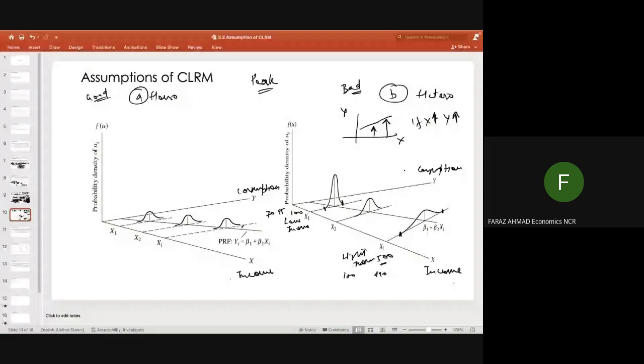So as income rises, consumption rises, but the variability in consumption also rises, and this variability is nothing but the non-constant or increasing variance, right? So we don't want this to happen. What we want is that for people having low income, the variance is the same as for people having an income of 500, so that the variability is the same. That's what is evident in this graph. This is what we want.